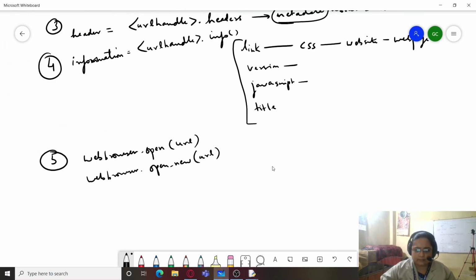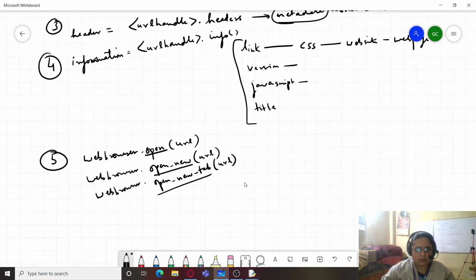So you have another option, that is open new tab. So whether you use open new or open new tab, they all will create a new tab and open the window.